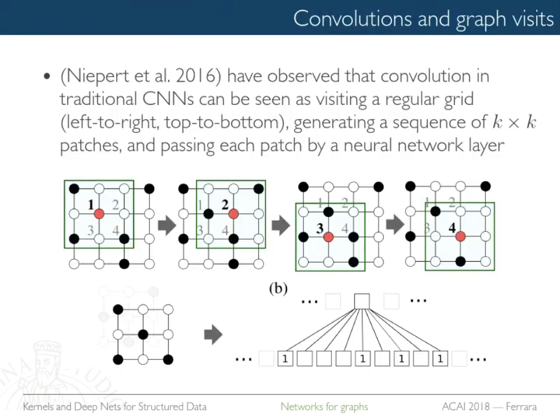There is another interpretation of convolution that gives you another algorithm for doing convolutions on graphs. This is by Matthias Niepert, who's, by the way, supposed to come to lecture here at some point. Anyway, so actually, you can think about the convolution as visiting the graph and applying this mask, right? Like in these animations that you find on this website, when you move the filter everywhere, it's like visiting the graph, right? And so this is your ordering of visiting.